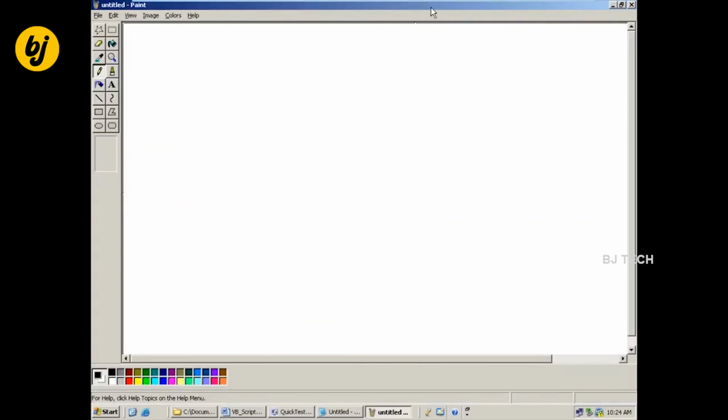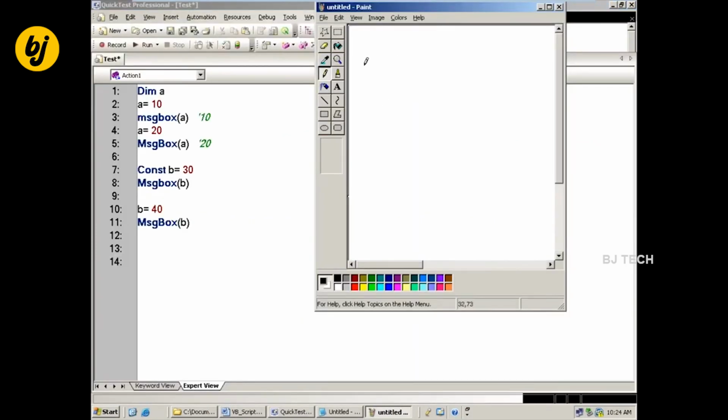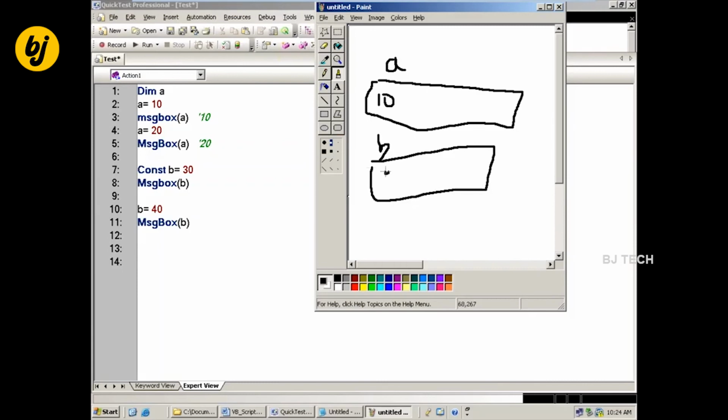Here, when I assign A, let's see what will happen. When A is declared, some memory is allotted for the variable, and I said 10, so 10 is saved in it. If I go for another variable B, some memory is allotted and a value is stored. Now, same data type values are there. Instead of taking multiple variables, at the same address we can store multiple values based on our requirement.